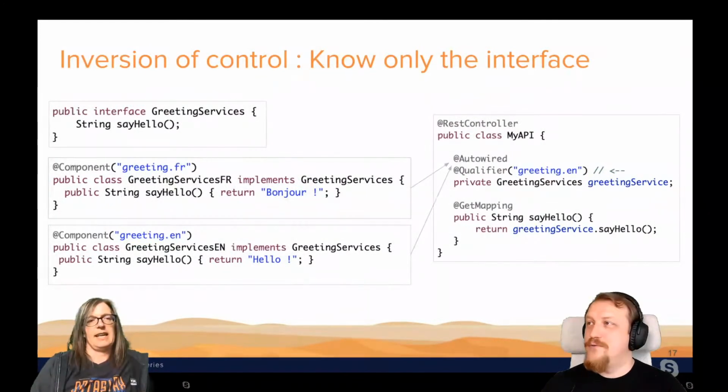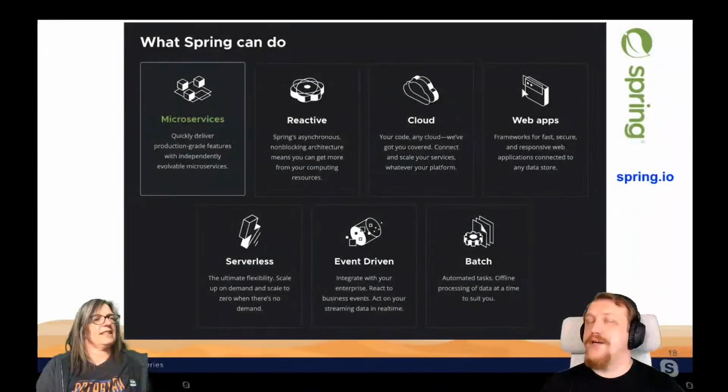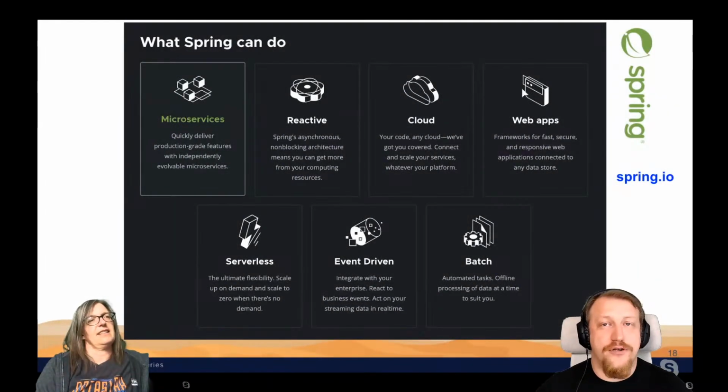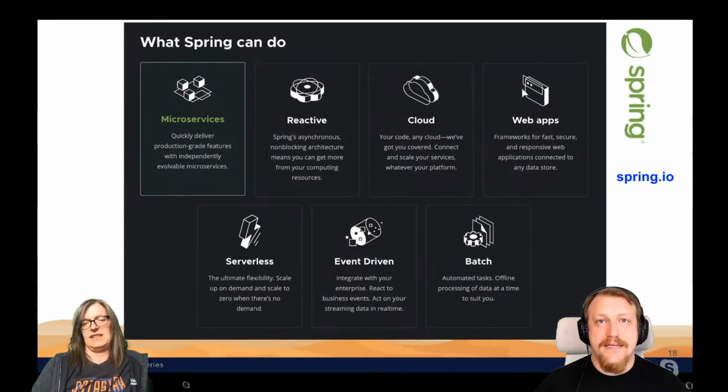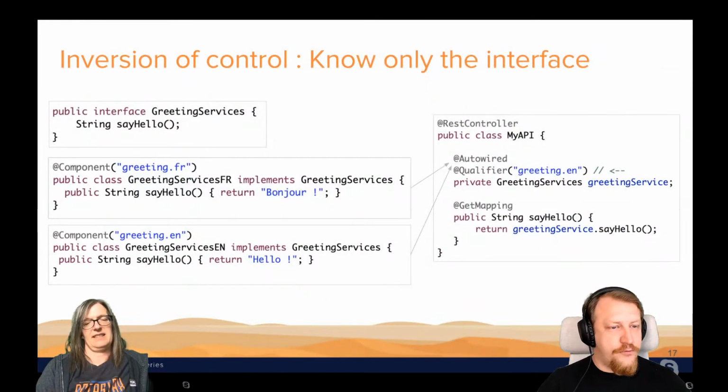Yep. I would add a couple of words on that, because the idea of inversion of control may be new to some of our attendees, guests, friends. Could you please skip to one slide before?